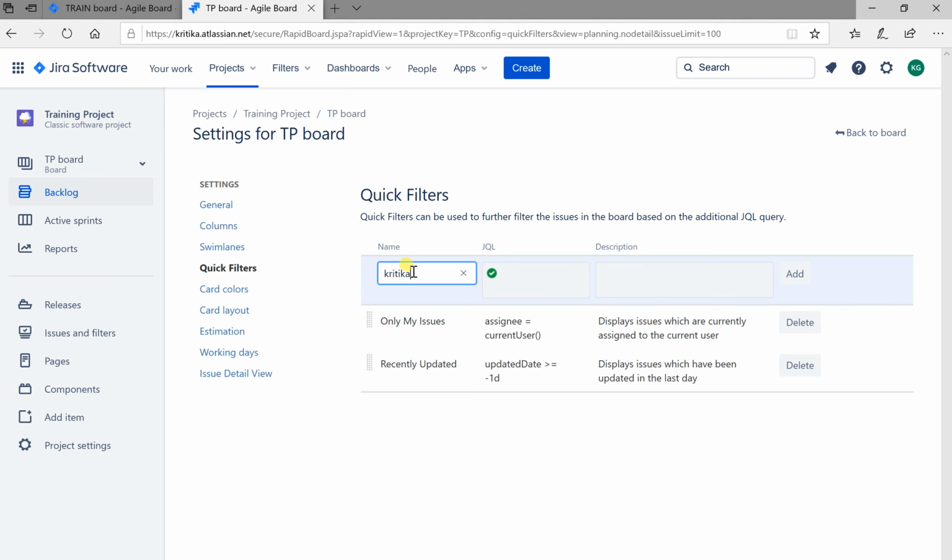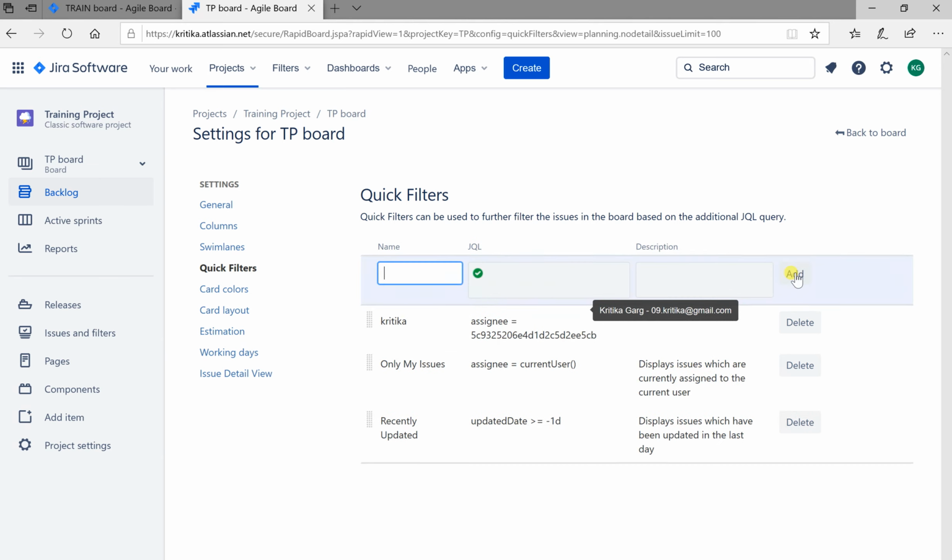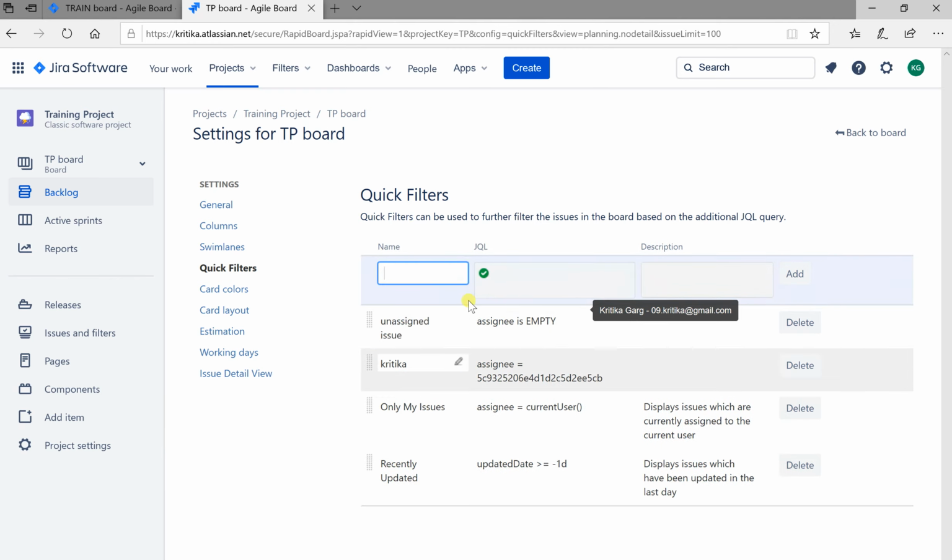For example, I will create a quick filter on my name. Okay, so I have created a quick filter for my name. So all the issues that are assigned to me will appear. Then I will create another quick filter. So I'm saying unassigned issues. So in unassigned issues, assignee is empty. Okay, so this is how